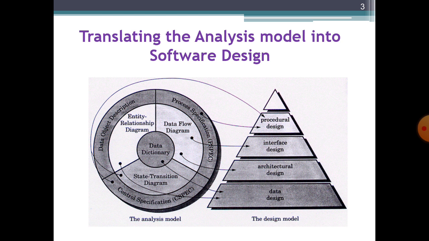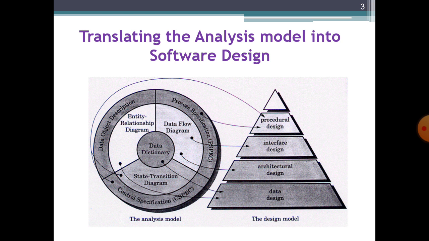Architectural design defines the relationship between major structural elements of the software. Design patterns can be used to achieve the requirements that have been defined for the system, and their constraints can affect the way in which the architectural design patterns can be applied. So this is how we can map from the analysis model to the design model. The architectural design representation, a framework of a computer system, can be derived from the system specification, the analysis model, and the interaction of subsystems defined within the analysis model.